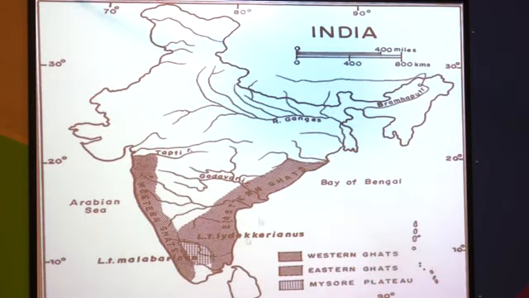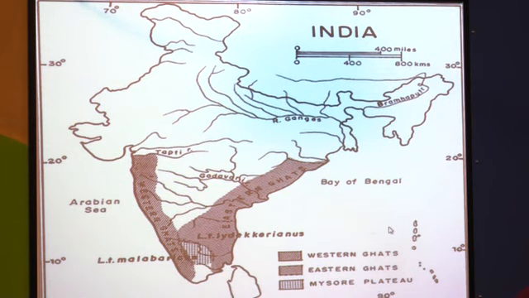Yes students. So when we observe, the western part is continuous, and some ghats are located on the western side, but the Eastern Ghat is discontinuous, and due to that, rivers flow in this direction. See here, the Godavari, Krishna and Kaveri rivers deposit their sediment near the Eastern Ghat area. That's why we find river deltas here in the eastern part of India.